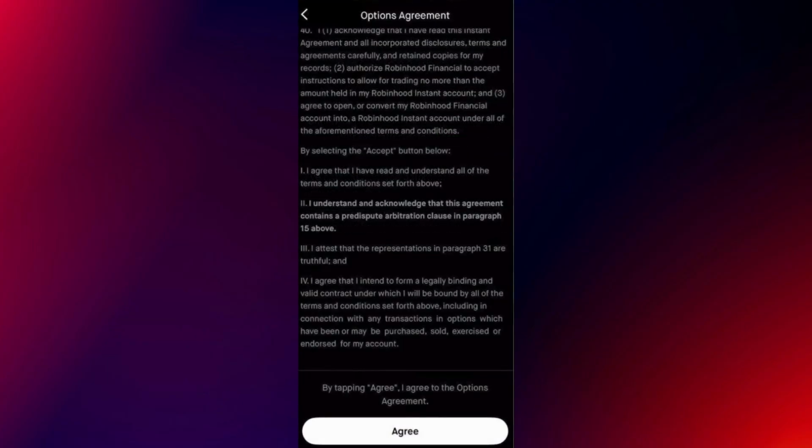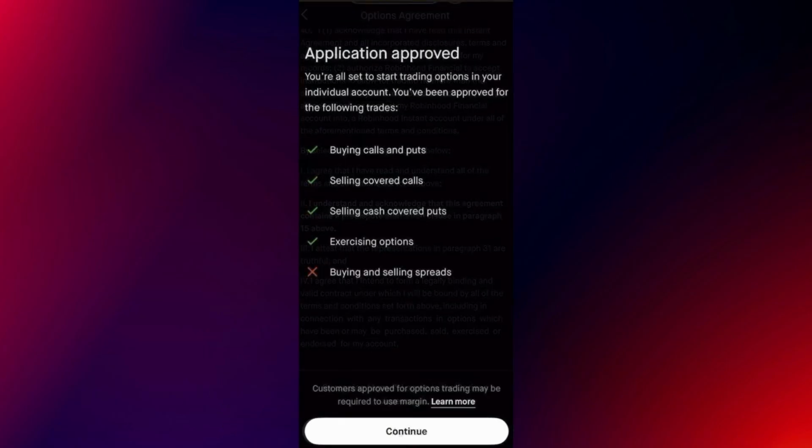Next, you will be asked to provide some personal information, such as your income, experience level, and investment goals. Fill that out carefully. After completing the questions, you will need to review and accept the options agreement. Tap Agree to proceed. Once that's done, Robinhood will review your application and let you know if you've been approved